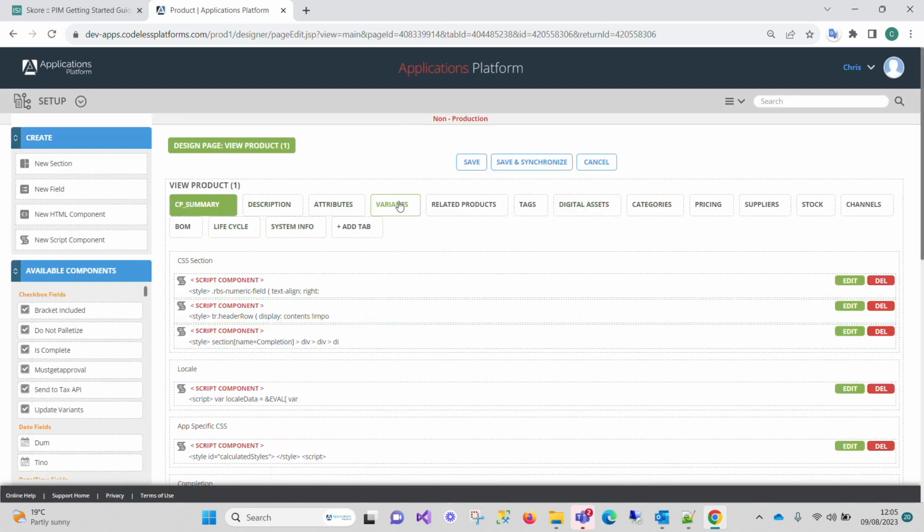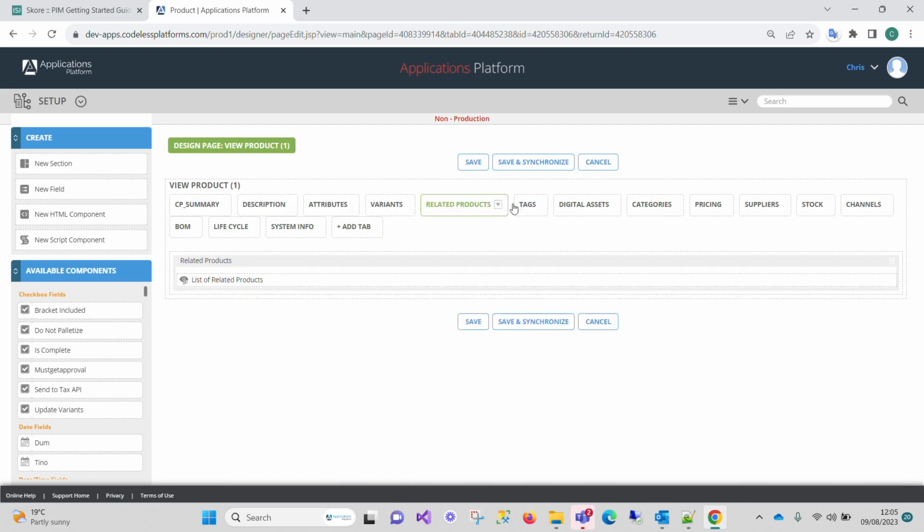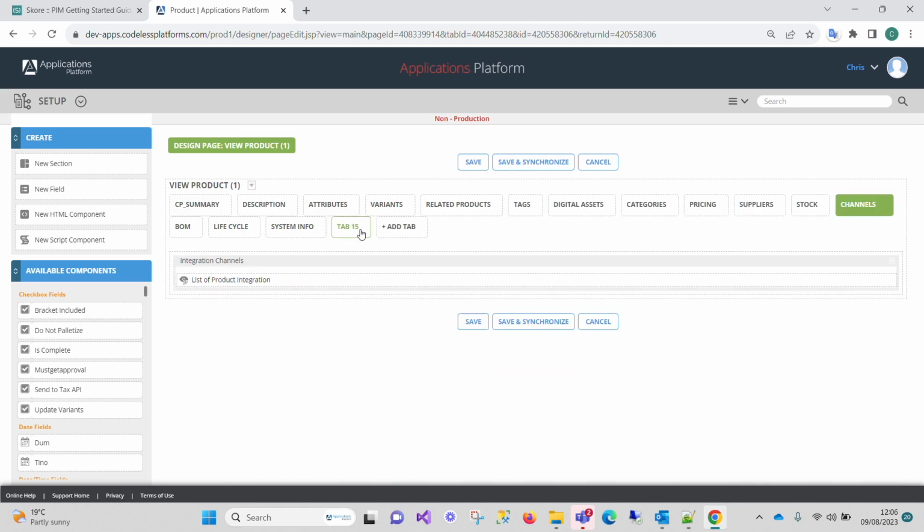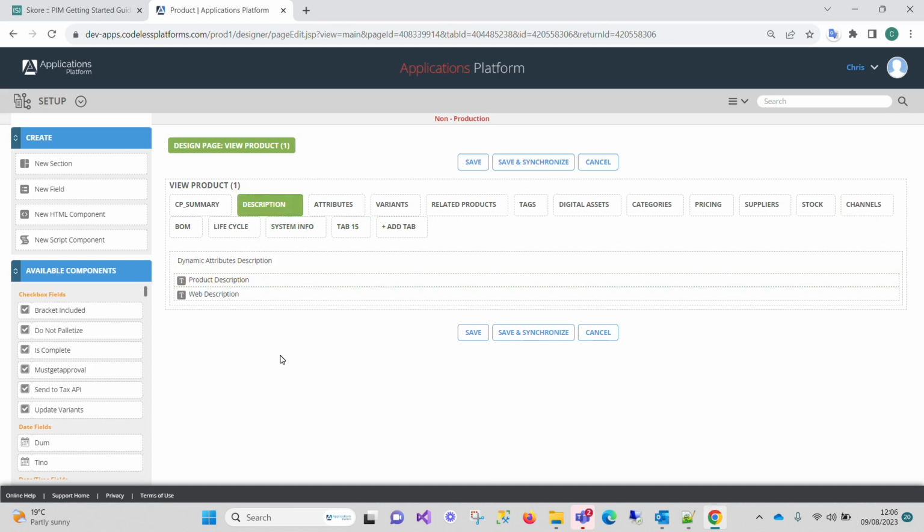You can see that we're in the back end. This is only for administrators within your company, but basically we've got a series of tabs that we've created on this page. You can add tabs if you so wish. You can move them, do lots and lots of things, but we're going to just use this section here to add that. We can see that it's already got a section with two fields on it. On our left hand side,